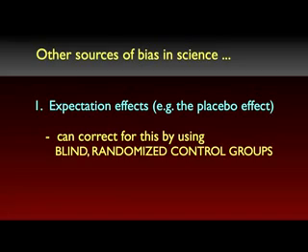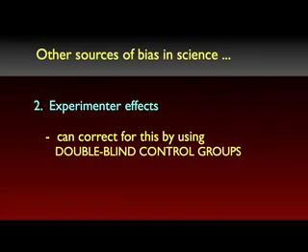So you can estimate the size of the placebo effect and use that to estimate the effect size due to the treatment itself. And there are also experimenter effects, where the experimenter's knowledge and expectations can unintentionally influence how subjects respond and how observations are interpreted. You neutralize these kinds of biases by using double-blind studies, where the researchers who directly interact with subjects and do data analysis don't know whether a given subject is in the test group or the control group. The point is that all these protocols are in place because human beings are prone to error, and we need these protocols to neutralize or correct for these errors.